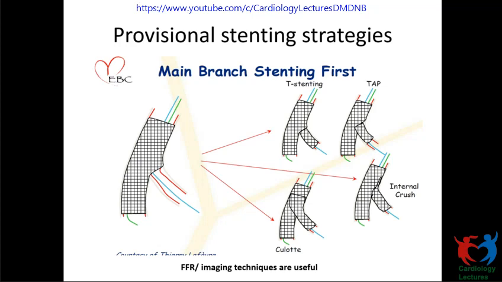See, one thing is very clear: when you do a kissing balloon, the overlap should be very minimal in the main branch because it's not a perfect sphere, it's an oval. We did a lot of kissing balloon and we didn't do a POT maybe 10 years ago, but now we know that the kissing balloon has to be very precisely placed to just get a good carina reconstruction. POT has to be done in every case. Why will you not optimize the stent proximally? To keep the carina and to keep the alignment of the vessels, we must do it. And it doesn't take so much time to do a kissing balloon.